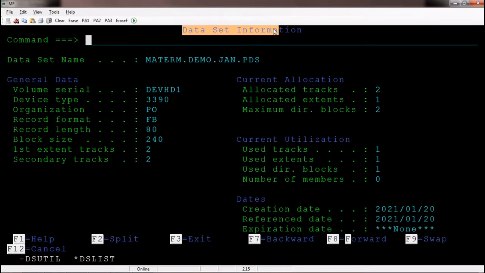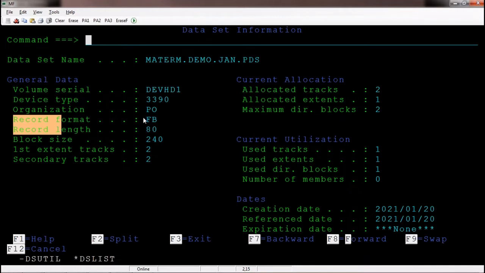When the data set got created, how much space we allocated, what is the record length, what is the block size, what is the dataset type. You can see volume serial DEV HD1, organization PO, which indicates PDS only; PO or PDS, both are the same.